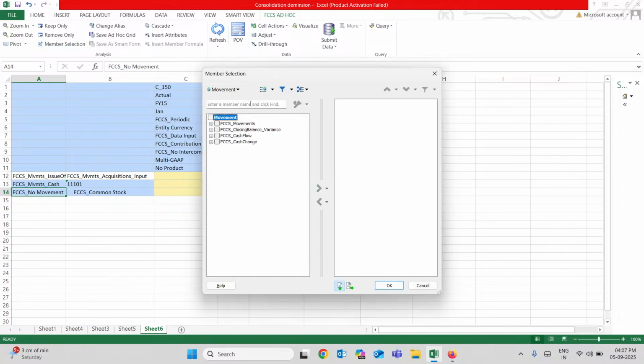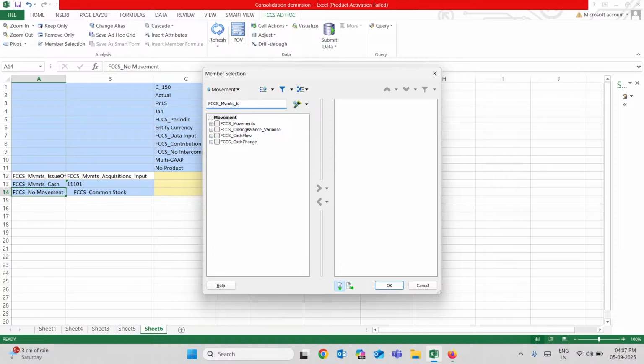As I remember the name, it would be easy for me to search. We are in the movement dimension, so that's why it shows movement. We can change the dimension from here, and I'm going to write FCCS underscore movement